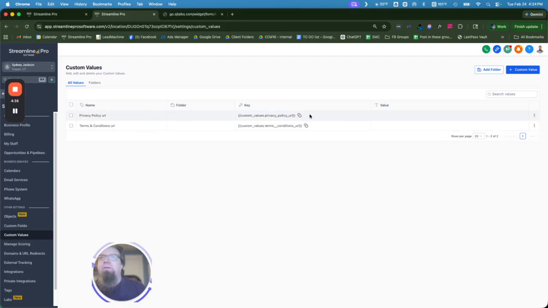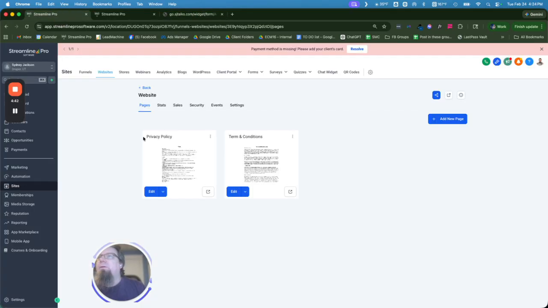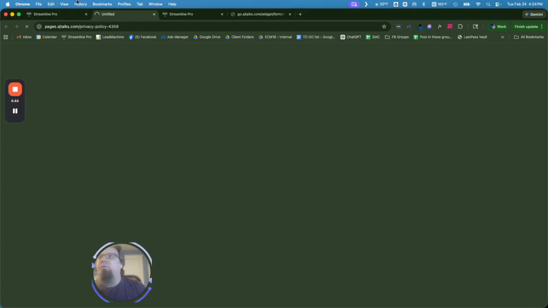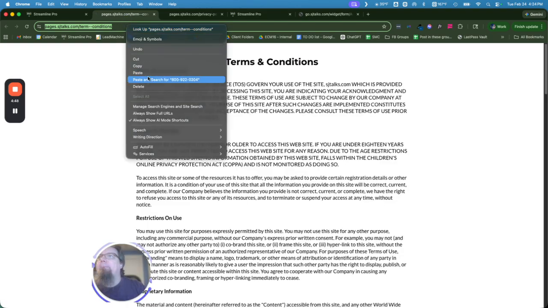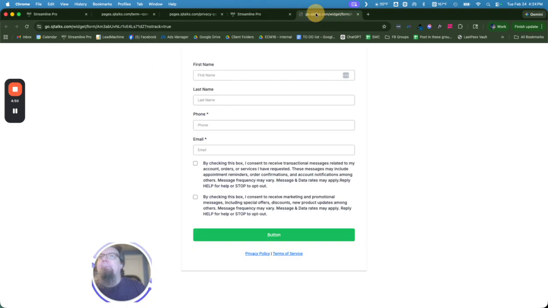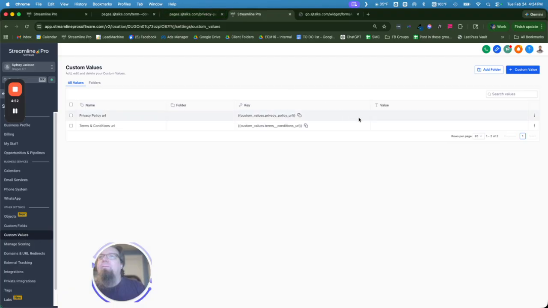All right, and we need to make sure that these custom value URLs are set. So come back over here, preview like that, preview like that. So TNC,